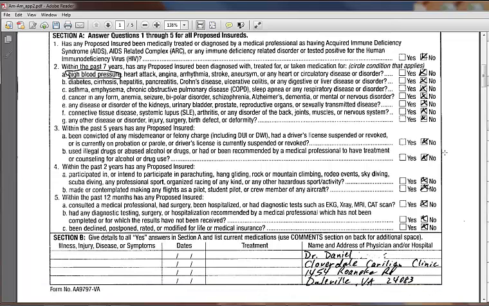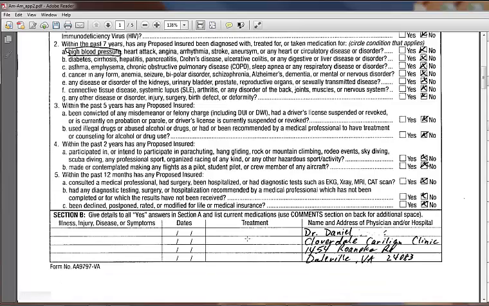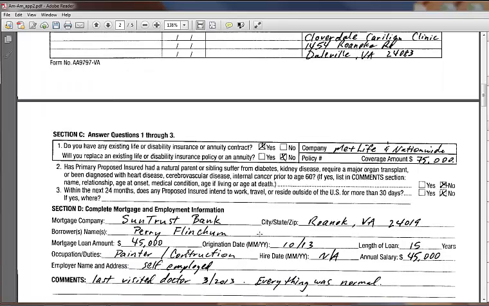Again, just as you're going through here, if they answer yes, just circle it and put a note on why. Then the next page,